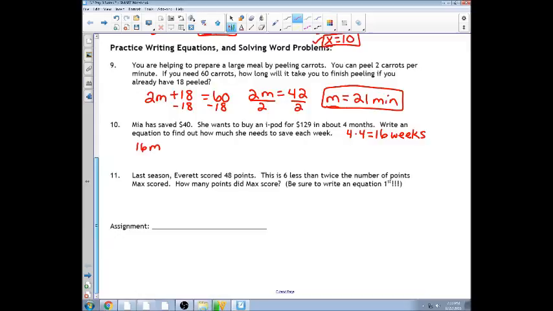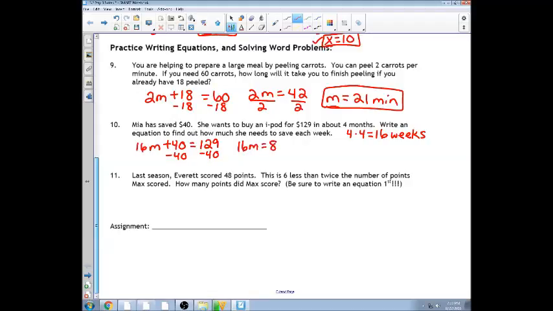So I'm going to use m for money. She already has $40 saved, so I can add that $40 to the total that I'm looking for. And the total I'm looking for is she wants to buy an iPad for $129. So I can set it equal to $129. From here, we're just back to multi-step equations. So subtract 40, subtract 40. 16m is equal to